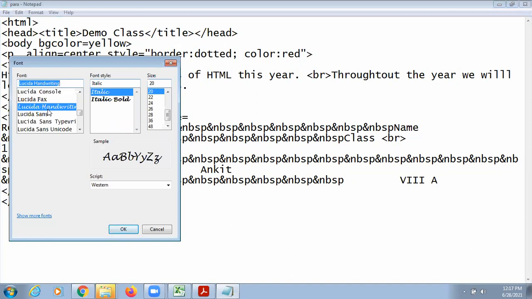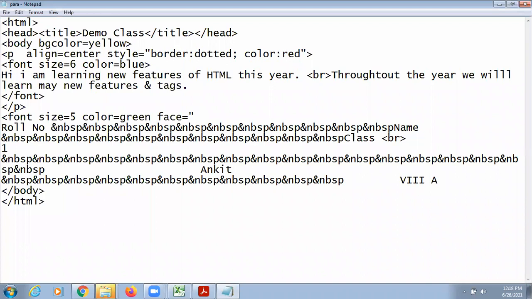So I'm going to copy this writing style and paste it within double quotes, because it's a combination of two words. So we have to use double quotes for this. Save it and close the font tag after this and check now.